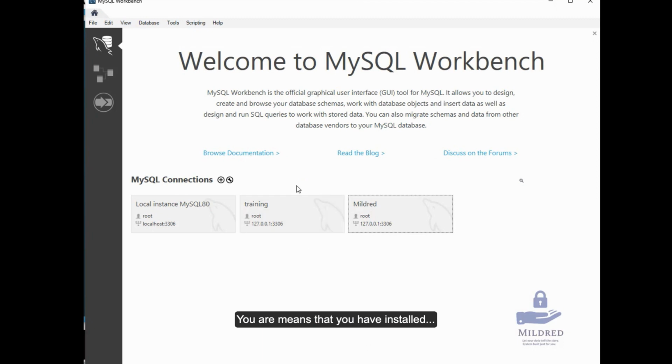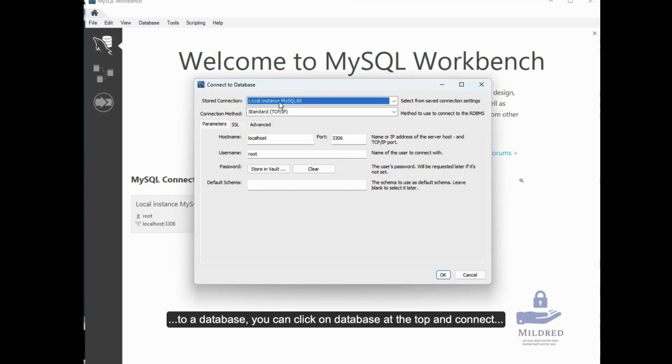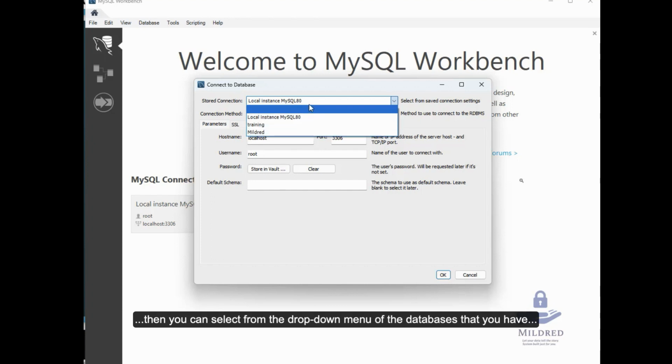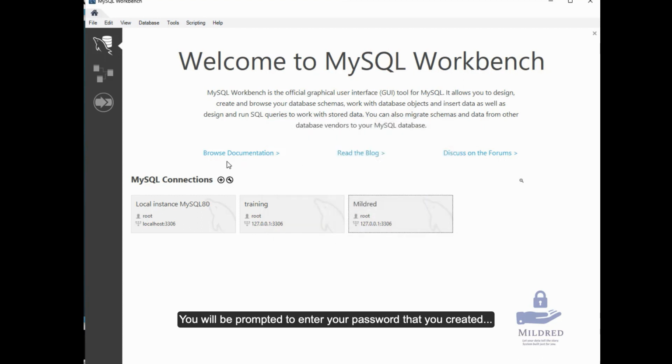You being here means that you have installed MySQL Workbench, and we are going to start using that. So open up MySQL Workbench. For the first time, you should see no connections there. I have 3 connections because I have used this previously. If you want to connect to a database, you can click on database at the top and connect. Then you can select from the drop down menu of the databases you have connected to previously, or you just leave the default one. You'll be prompted to enter your password that you created during installation,